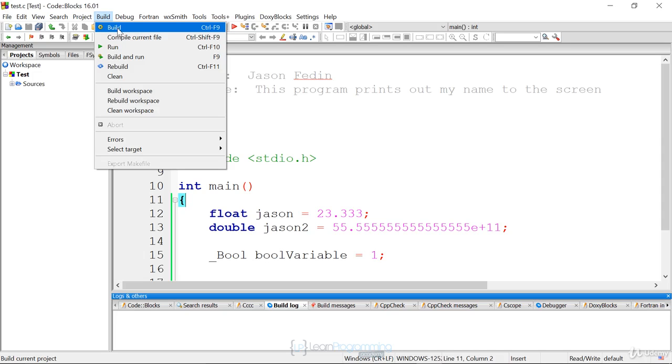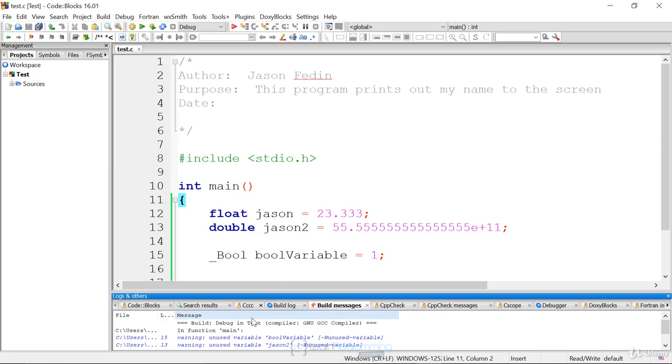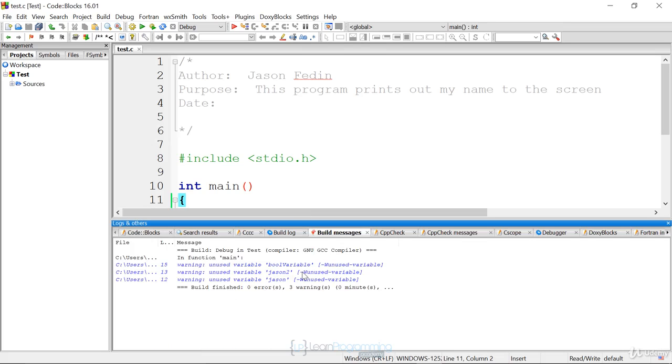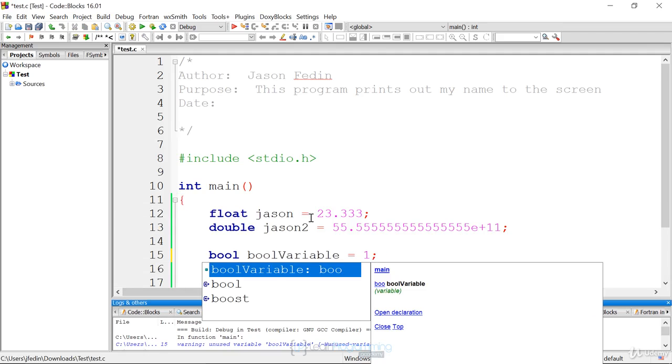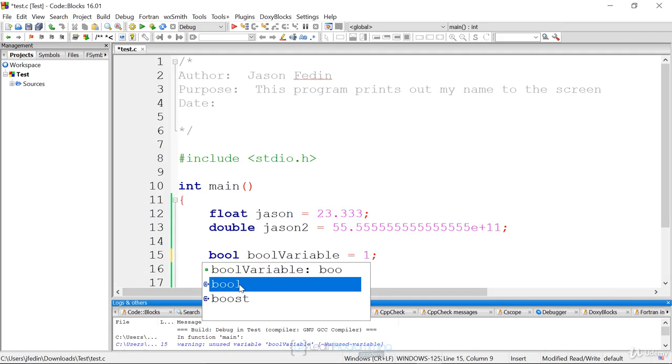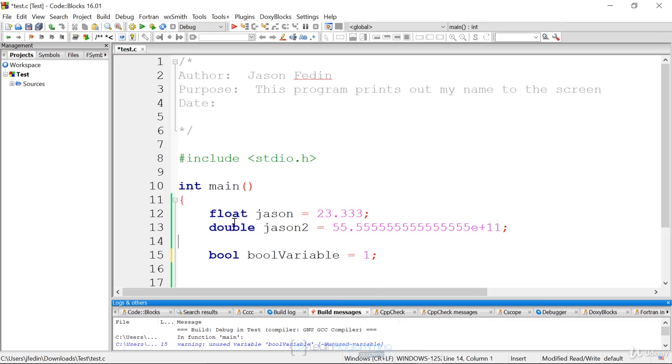The bool type also usually has been aliased to other names, so you don't always have to just use underscore bool. It depends on the compiler you're using. This actually compiled fine. It just says I'm using unused variables, which gives warnings. But they usually have aliases, so you can just say bool as well. So you don't have to do the underscore capital B. The underscore capital bool, though, is just used as a standard, but bool looks fine. It also highlights better. So bool variable is still of type Boolean. So very easy to create different variables of different data types with these basic data types: float, double, bool, and